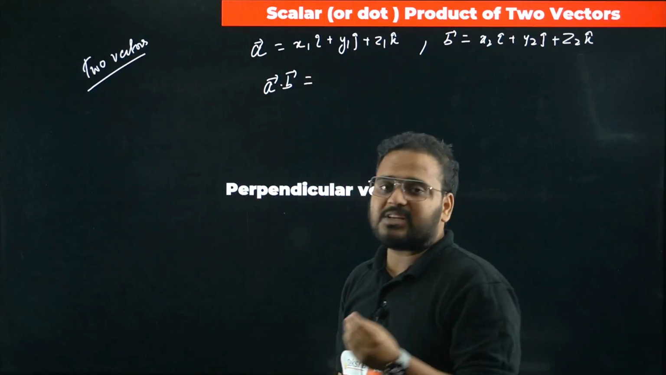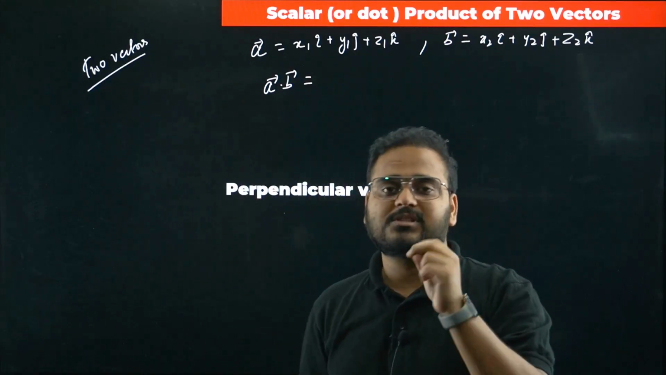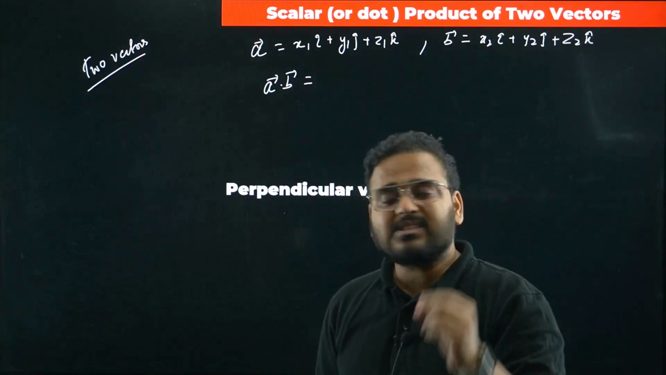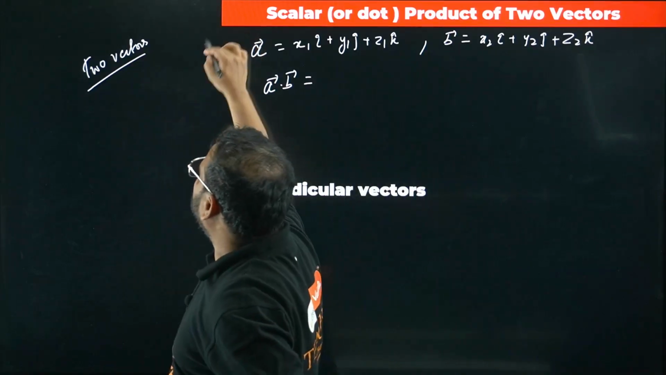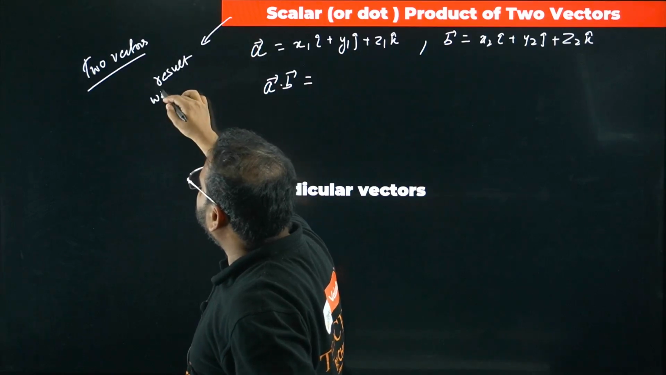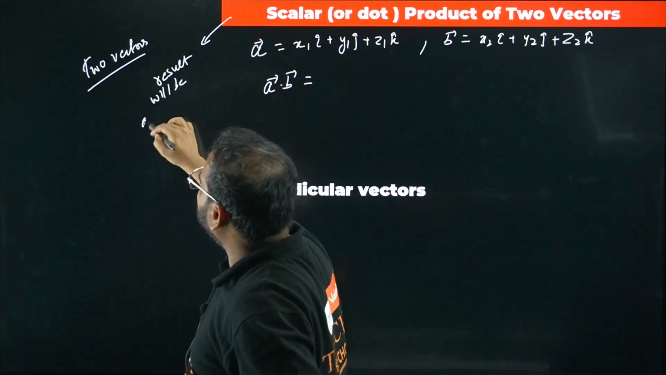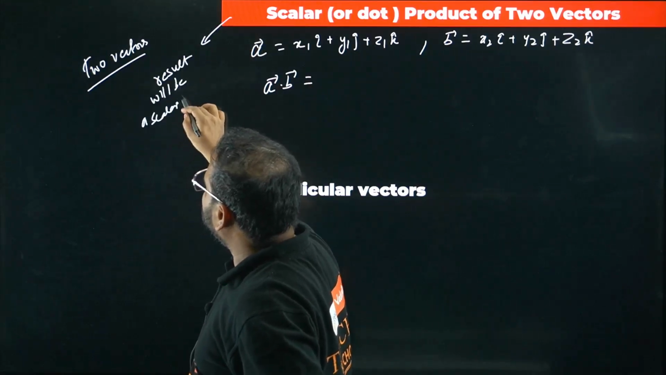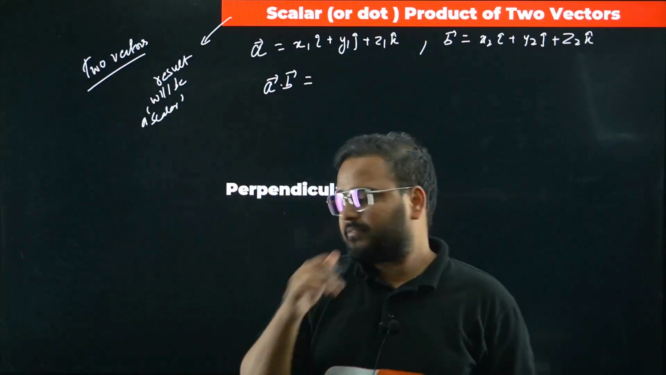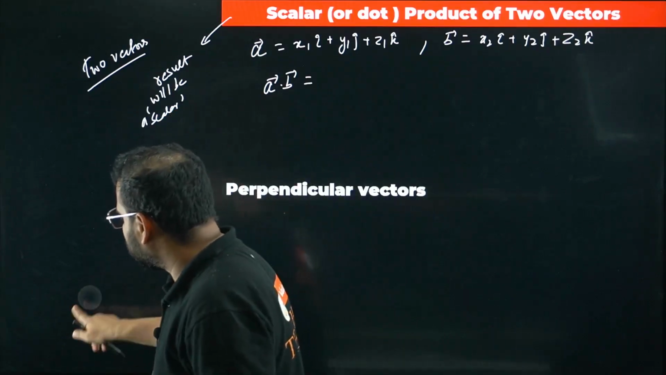But to multiply two vectors we have two different formulas, two different approaches. First approach is scalar multiplication. What it means is, in this case, the result will be a scalar. Whereas in the case of